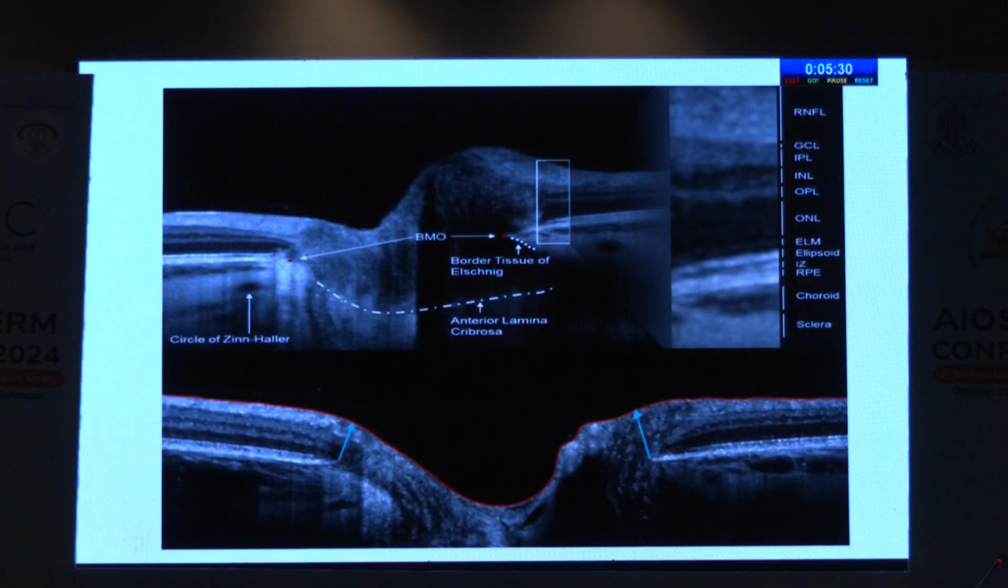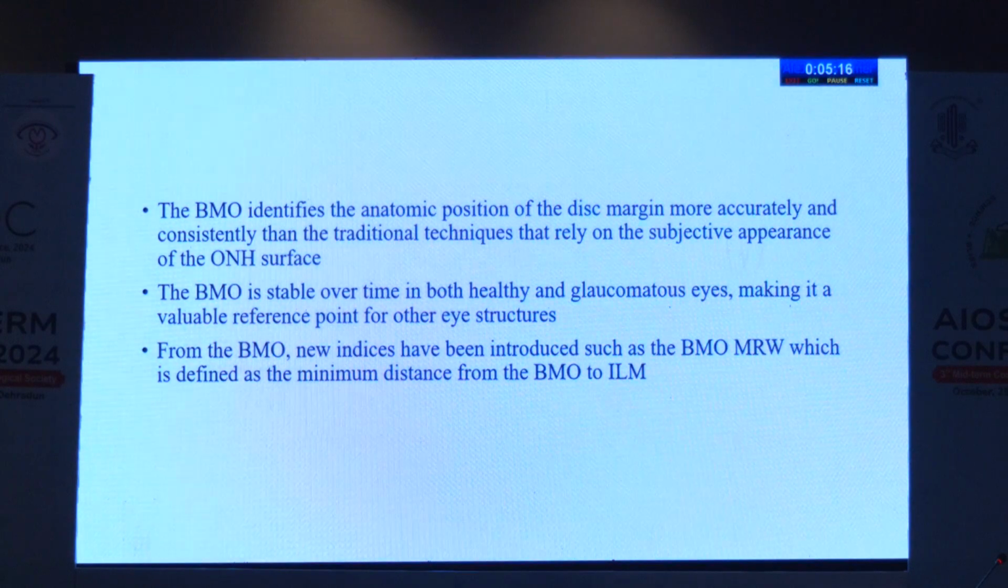So this is the picture showing the Bruch's membrane opening at the ends of the border of tissue of the Elschnig, and the second picture is showing the minimum rim width, which is extending from the Bruch's membrane opening to the inner limiting membrane. So the BMO identifies the anatomic position of the disc margin more accurately and consistently than the traditional techniques that rely on the subjective appearance of the optic nerve head surface. The BMO is stable over time in both healthy and glaucomatous eyes, making it a valuable reference point for other